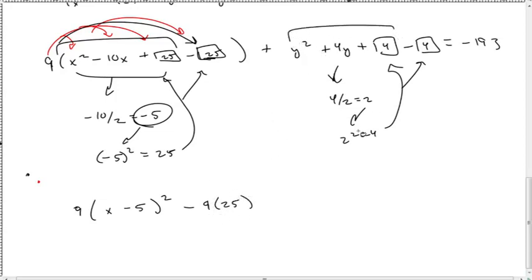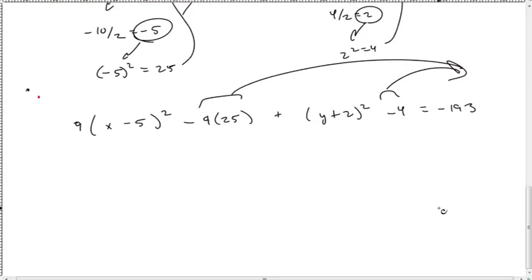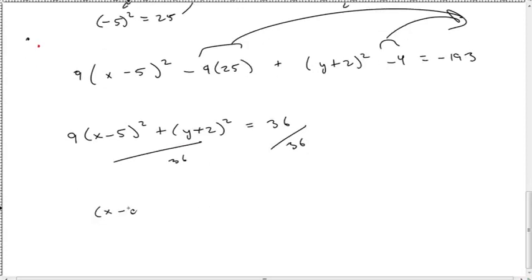This side's super easy because this here is going to be my x plus 2. Oh, I wonder where I got my 2 from. Who knows? And then I have my -4 still equals a -193. Eventually, I'm going to take these here and move them over to this one side, so all my constants are on one side. And so then I have this on one side, and on the other side I actually get a 36 of all numbers. Divide by 36 on both sides, and so I end up with here